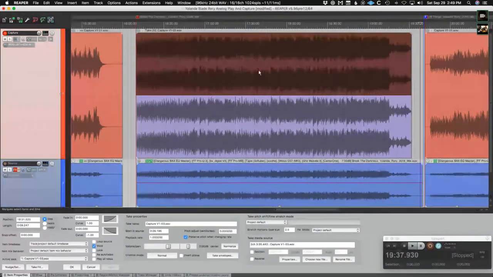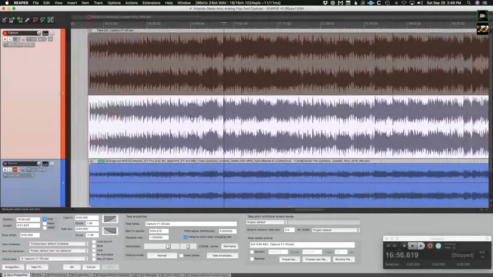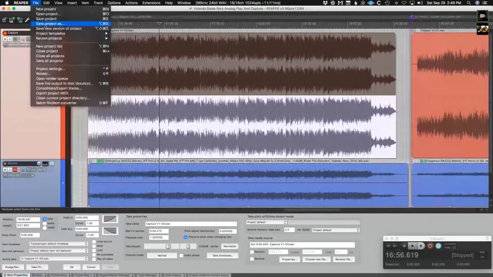See, the first take is red, this one's blue. But when I just do item copies to go into RX, they are the same color. I should look into that to see if